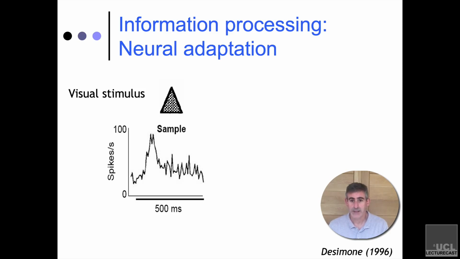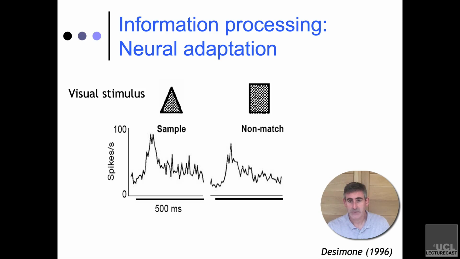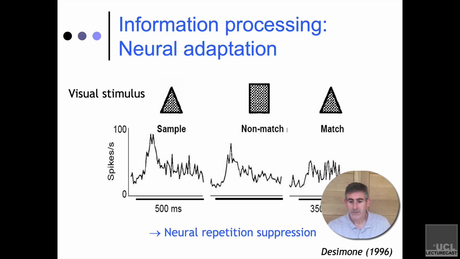So this is some work that Bob Desimone's group did in the mid-90s, and this is actually cellular recordings in awake monkeys. So these are probes that are in parts of the extrastriate visual cortex, and what he found were certain neurons in those areas were sensitive to shape. So for instance, if you showed the monkey a triangle shape, you get this kind of characteristic pattern of response. You showed it another different shape, like a rectangle or a square, and you got something very, very similar. But as soon as you showed it the same shape that it had seen very recently, you got